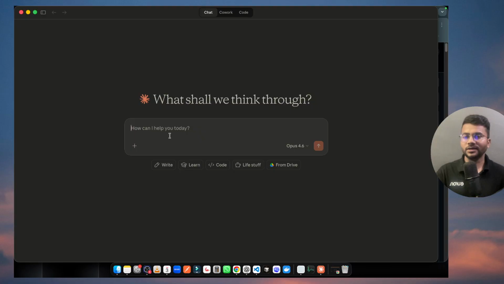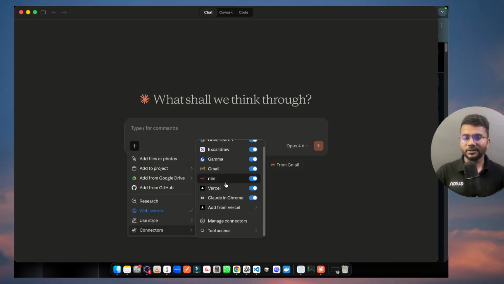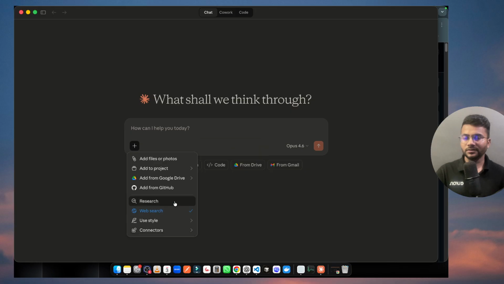If you go over here, you can see you have connectors. And inside connectors, you can see all the MCPs that are set up. You can see all of those yourself, and we have given some tool access as well. Yes, it can be handled properly. And if I go inside the settings,